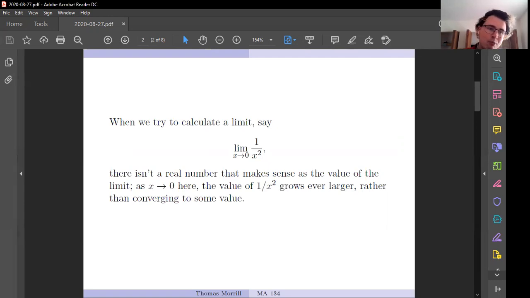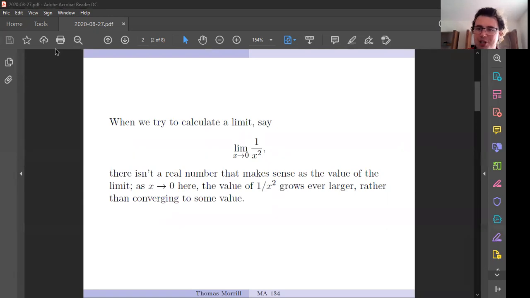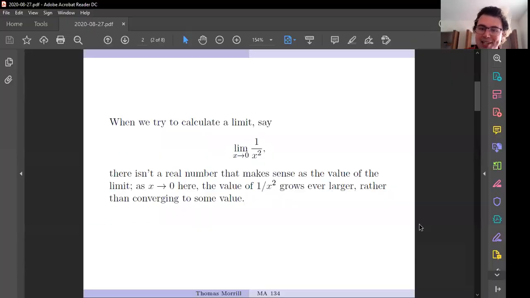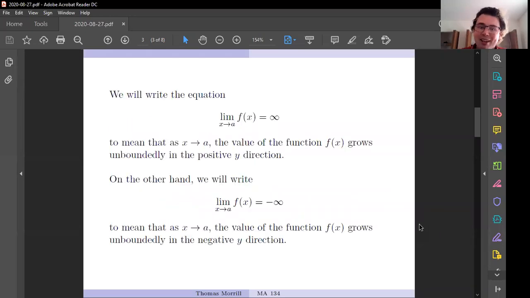Now, when I switch to the graph of this function, y equals 1 divided by x squared, I get this. I picked the x squared because I have both sides of the function going off in the positive direction. That's a very nice thing for this demo. You might colloquially say that this function is going to infinity. And never mind the Buzz Lightyear stuff for right now. But that is a perfectly acceptable way to talk about this, and it's even the technical way to talk about this.